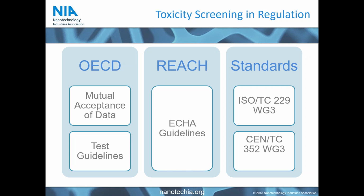This is just a short overview on various aspects of toxicity screening in general, so it's not fully applicable for textiles, where the OECD has developed test guidelines on how to test materials, and there are a number of current revisions to specifically address nanomaterials of OECD test guidelines, because the usefulness of using OECD test guidelines is, of course, that once you have performed them, they